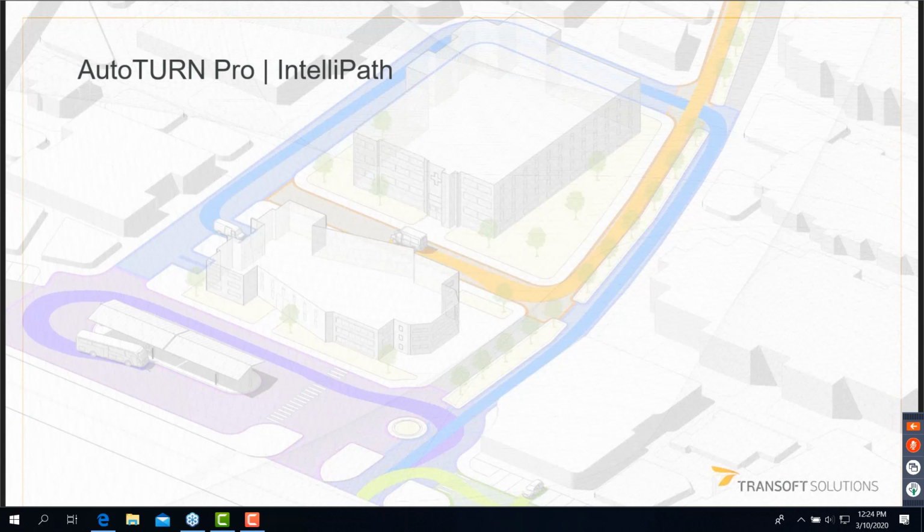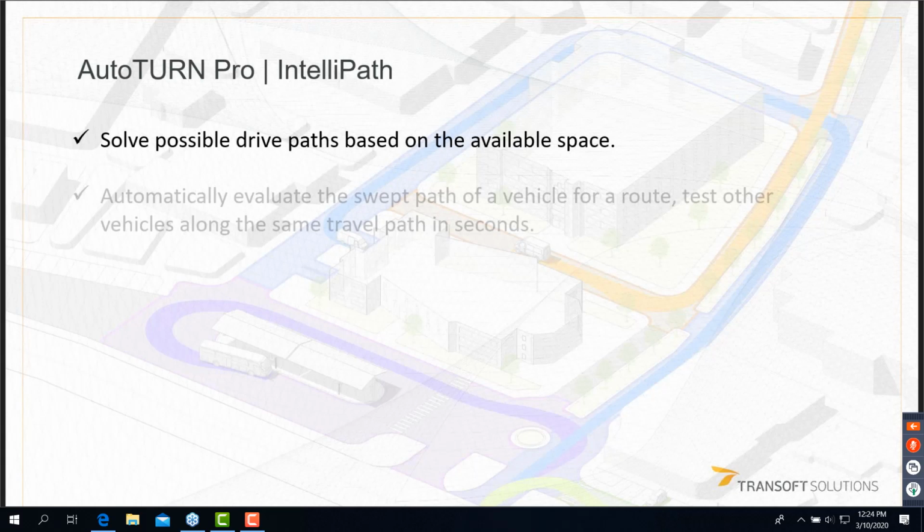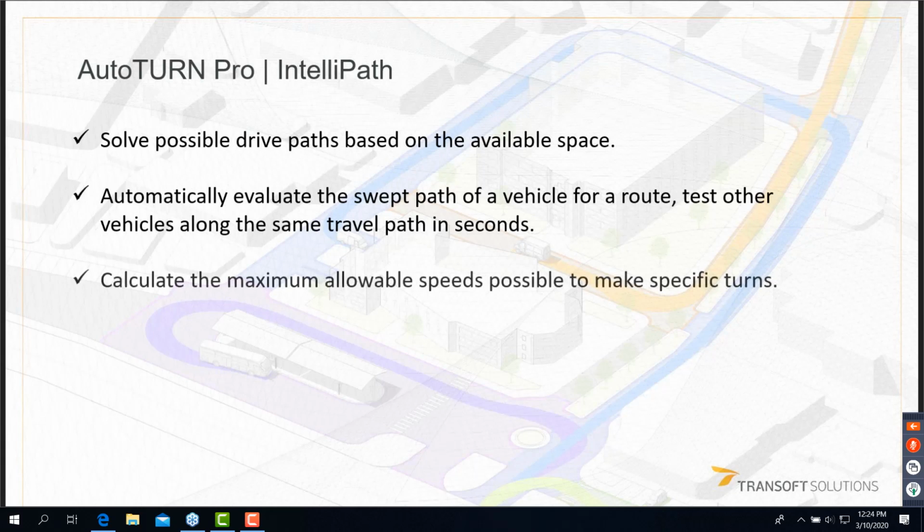But for this version, we did a complete overhaul of this tool to make it more user-friendly and easier to use, because the value that this tool brings to the table is huge, as we have heard. It helps you solve all the possible paths based on the available space. It does that automatically. So instead of you driving the vehicle to figure out where it can go, the tool will figure that out based on the space that you define as available for it. It will let you calculate maximum allowable speed, so also tied to street designs. If you are doing traffic calming and want to see how effective that traffic calming is at reducing speed